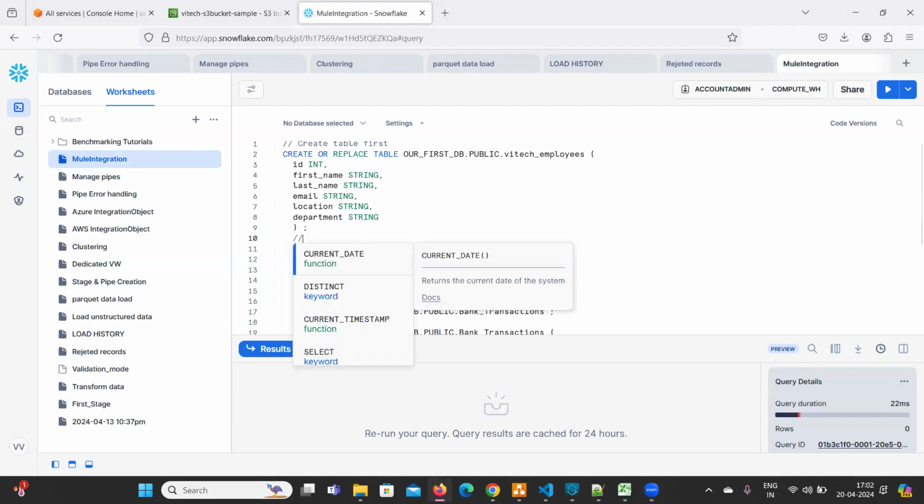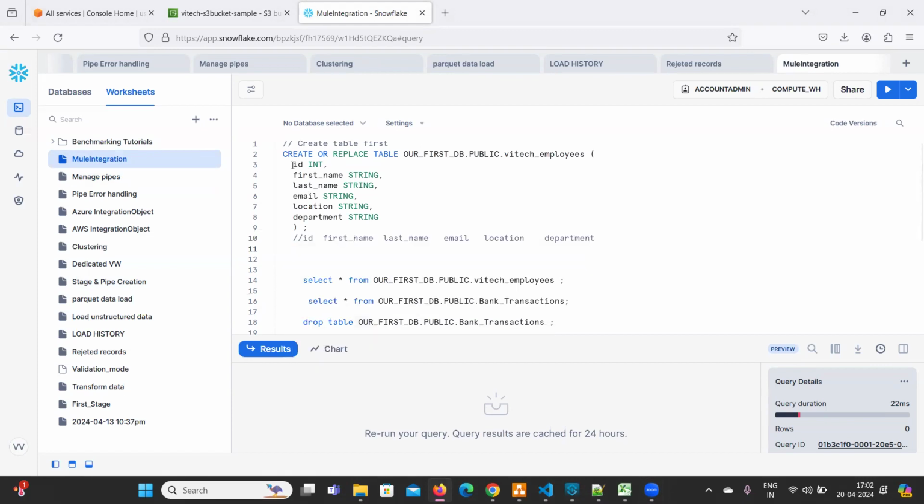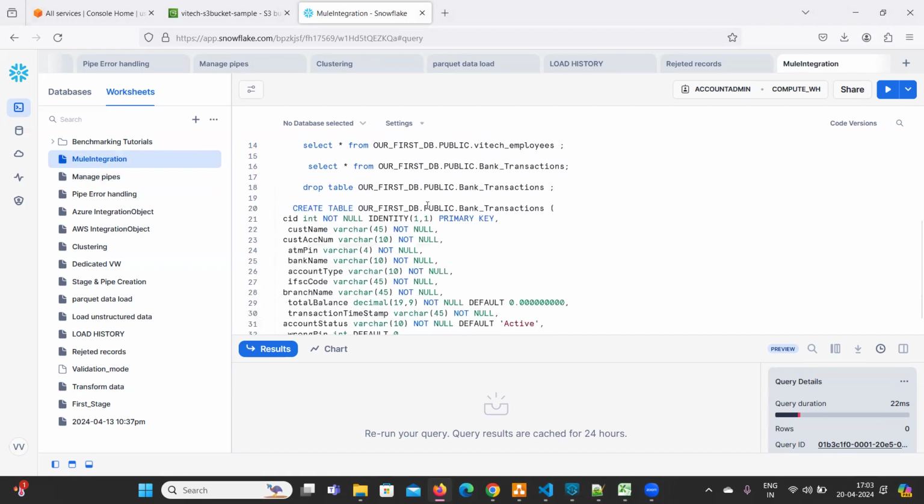See what the properties are. See, ID is an integer. First name is string, last name is string, email is string, location, department. Okay, these are the values we are going to create. Okay, these are the values we are going to store. Now